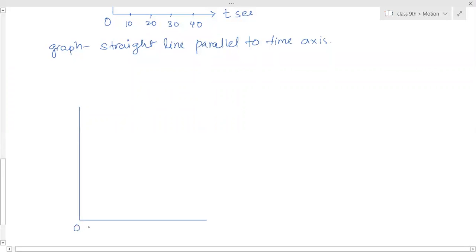From your home to school, suppose it is a 500-meter distance from your house to the school. So you can reach there in 10 minutes. So for 10 minutes, initially you have moved with time and distance. You started riding the cycle with a uniform speed. So suppose your house is at zero, and the marks are 100, 200, 300, 400 and 500 meters.